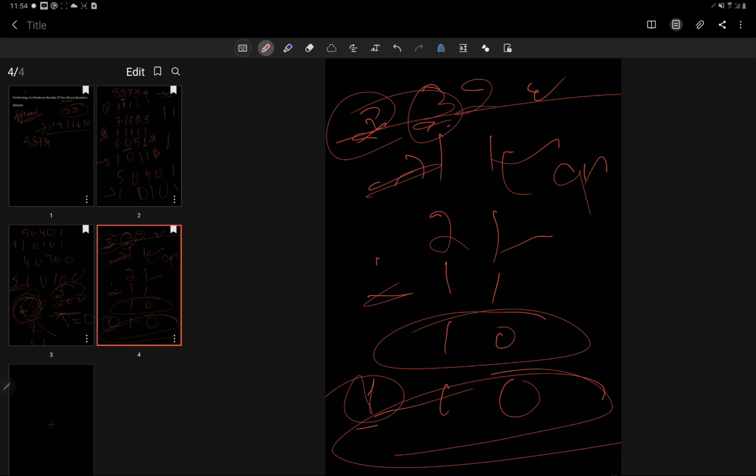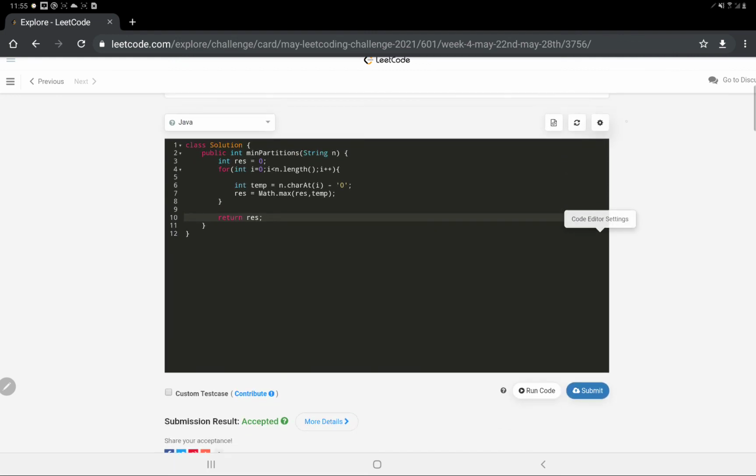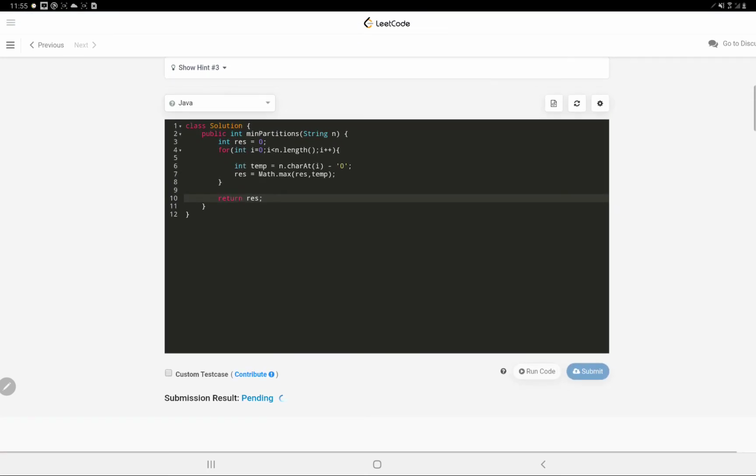So now moving on, let's see the code for this problem. So the code is simple as well. We have taken a result variable 0. We will traverse the whole of the string. For its length, we will subtract the character to get the value. What is the value? We can also use parse as well. Alright, and we will compare with the maximum. So what is the maximum digit? That would be our final answer. I hope the approach is clear. So you can see it's submitted. Let's submit it once again.